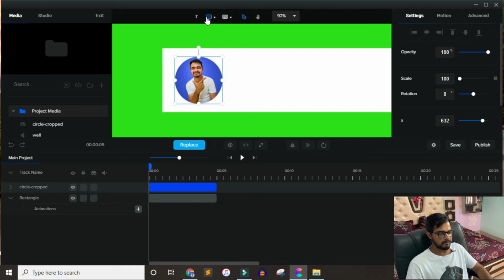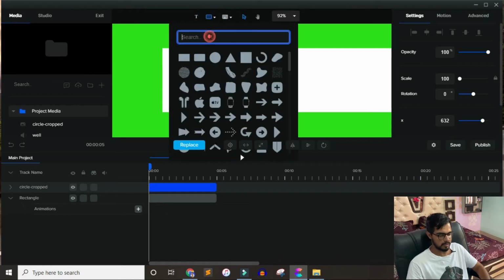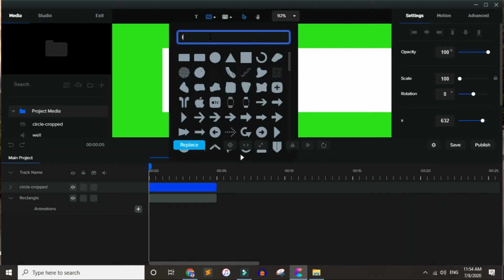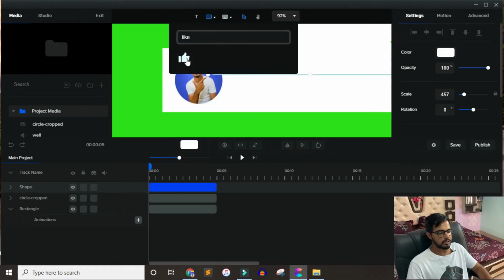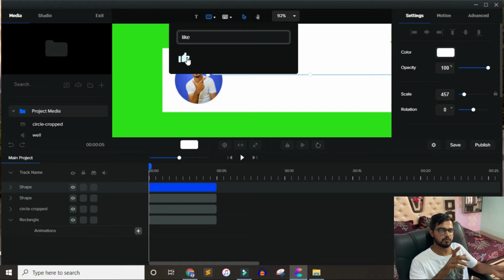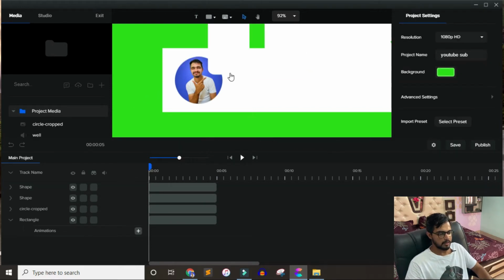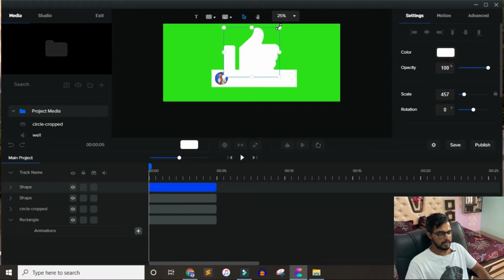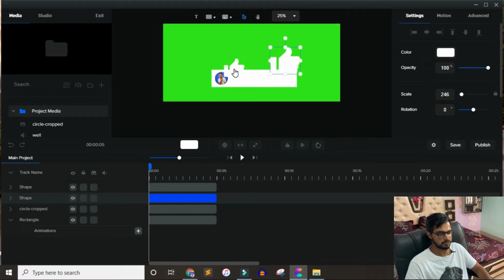And the second thing that we need is like and dislike buttons. Again, go to callout and search for like. Make sure, guys, you import it 2 times, because we are going to rotate it to make it dislike. Now make these sizes smaller, and you also need to change these things' color.